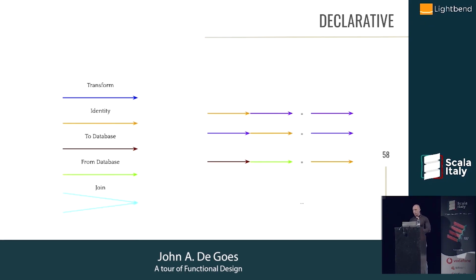And not just transform, but we're going to need an identity arrow, and the identity arrow is basically going to be some arrow such that when you compose it with any other arrow, you get back the same thing. So whether you compose on the left or the right, then you get back the same thing. That identity arrow, by the way, and the ability to compose these things make this a category in category theory.